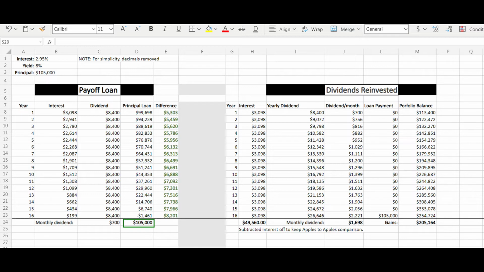At the end of 16 years, instead of having $105,000, I'll own $205,000. That's almost double the amount. And instead of having $700 a month, I'll have just under $1,700 per month. $1,000 more. That's impressive on its own, but remember, to keep apples to apples, I subtracted the loan on the